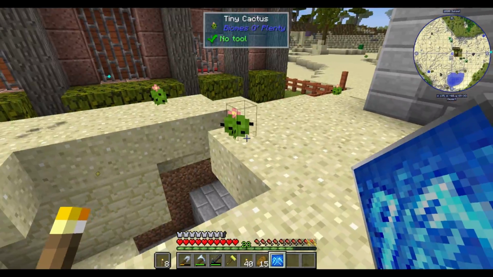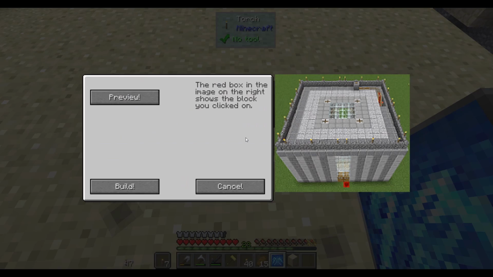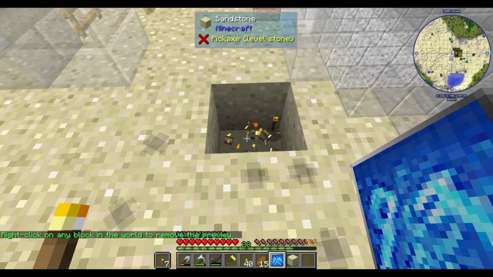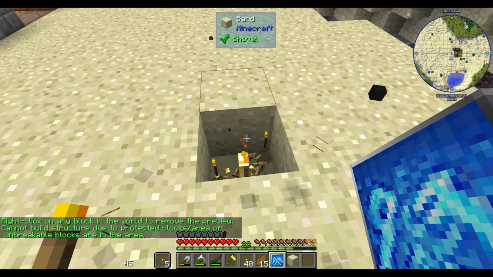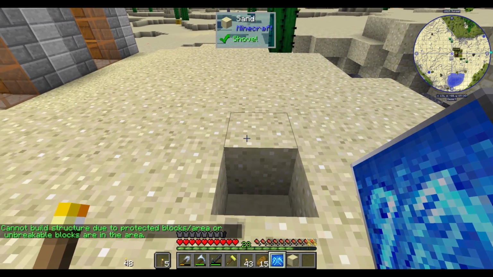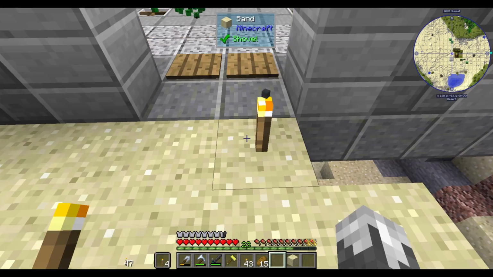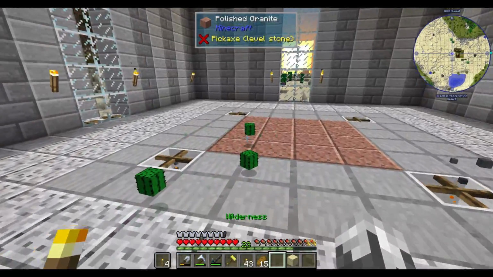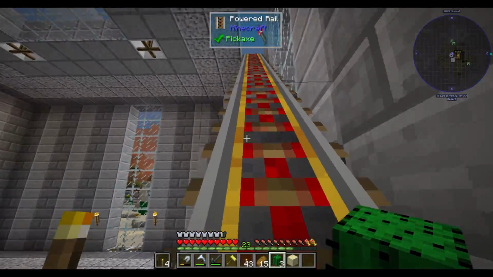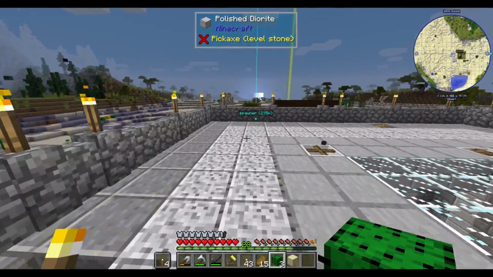I'm thinking like right here-ish. Let's build it. Why did it not build? Cannot build. Okay, we can't build it there. Maybe right here. Beautiful. Guess we could have built this downstairs. Anyways,